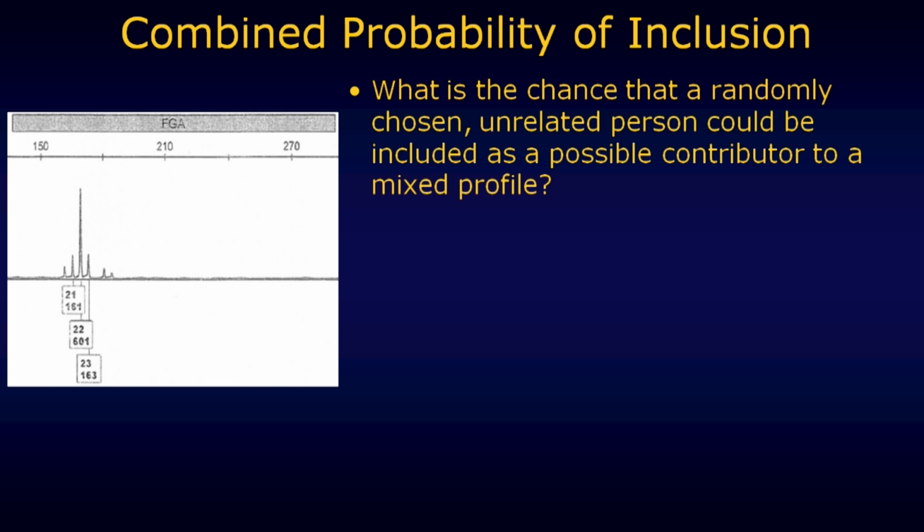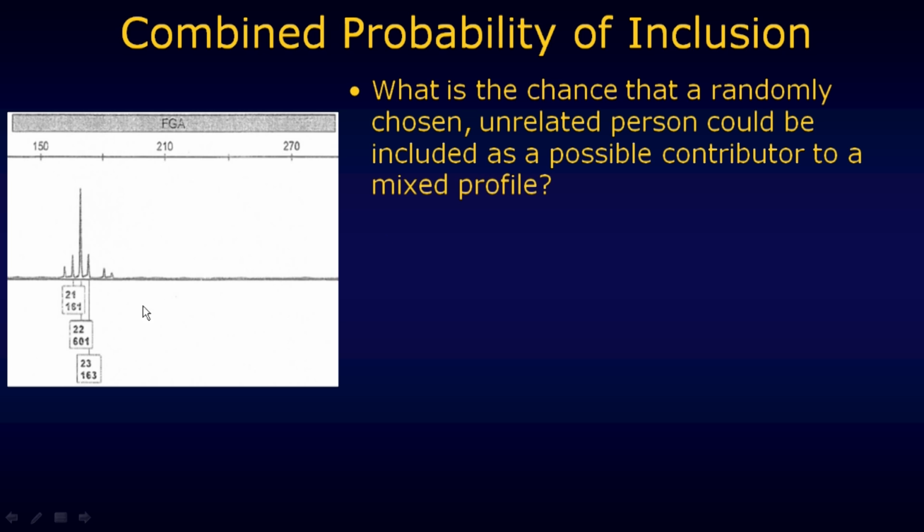What do we want to do? Well, I think we probably want to, this is clearly a mixture, right? More than one individual. How do we attach a weight to a mixed sample? What we do is we talk about a combined probability of inclusion. Okay, and what's that statistic going to be addressing? It's telling us this is the chance that a randomly chosen unrelated person can be included as a possible contributor